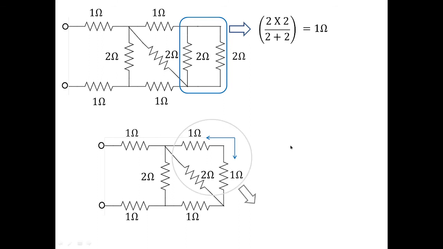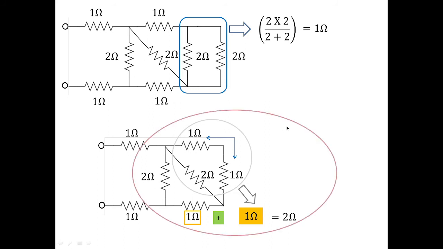So this parallel combination will give you the value once again as 1 ohm, and this 1 ohm is already in series with this 1 ohm, and the resultant of 1 plus 1 will be 2 ohms. Now you can replace this entire circuit with 2 ohms, and 2 ohms again parallel with 2 ohms will give you the value again as 1 ohm. Now RCD, which we are supposed to look at from this reference point, is obtained to be 1 plus 1 plus 1, so the value is 3 ohms.